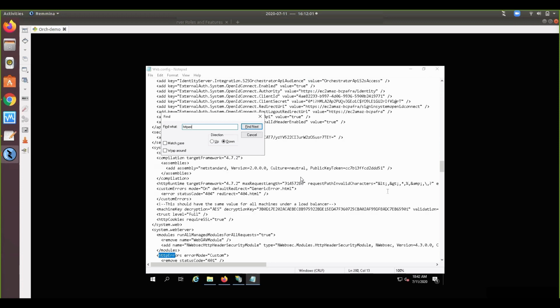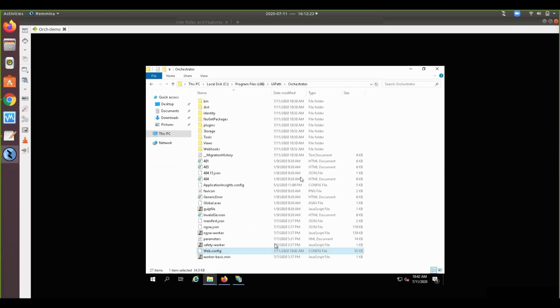In the httpErrors tag, the errorMode, instead of custom, just change it to detailed, then save this and close this.